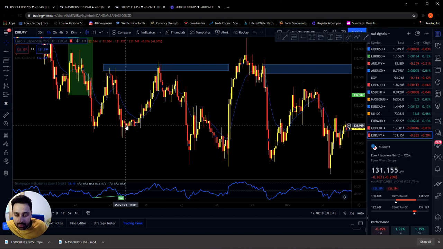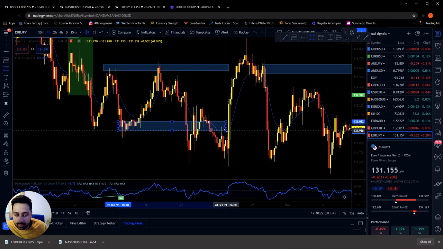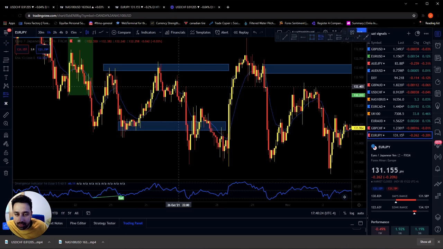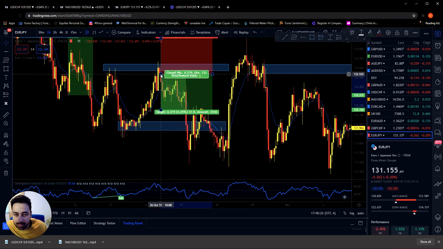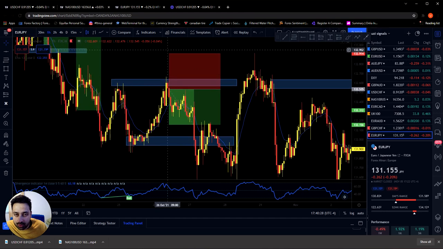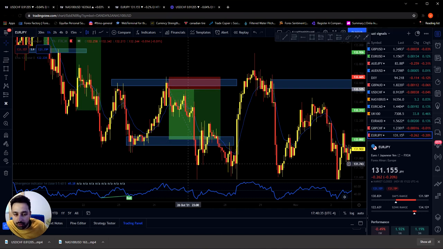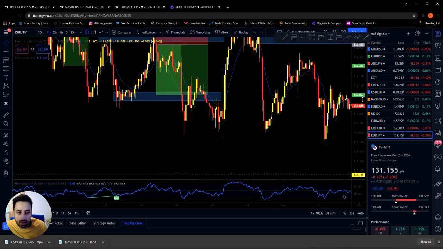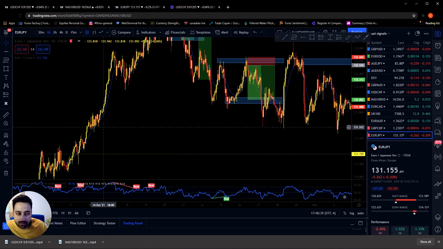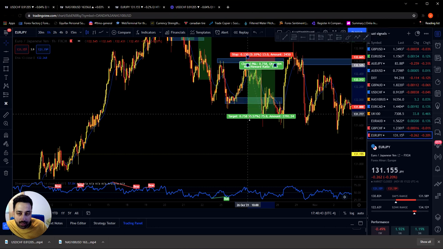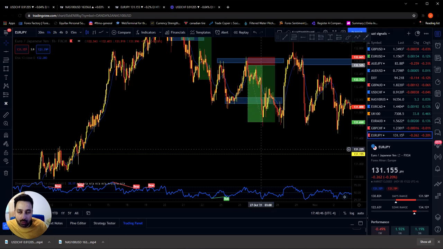Again here, right, this was kind of the push to the upside, so I would kind of draw like this little demand area here, and if we entered on the break of that 15-minute candle somewhere, where this is the hourly chart, just get out down here somewhere for like a 1 to 4, 1 to 3, and then have your other position look to the left hand side and see like, okay, this is where we had a really strong push. I'm going to leave my second position running for like a 1 to 6, a big one,